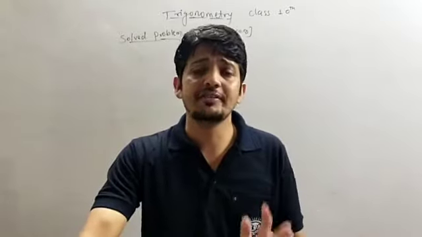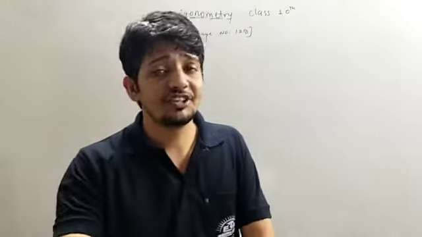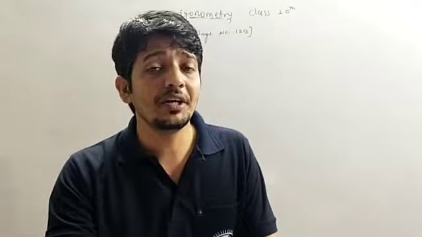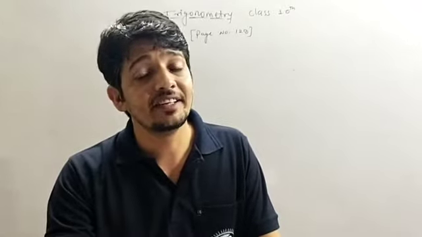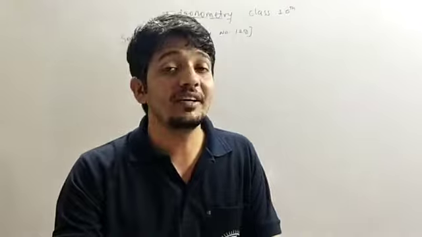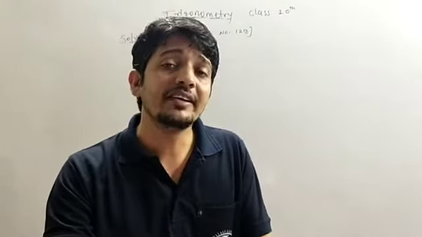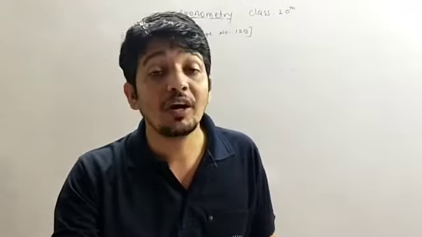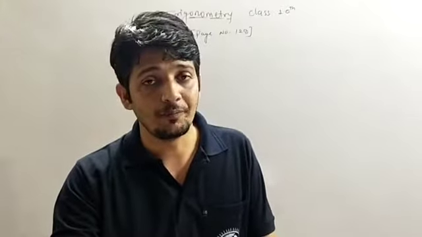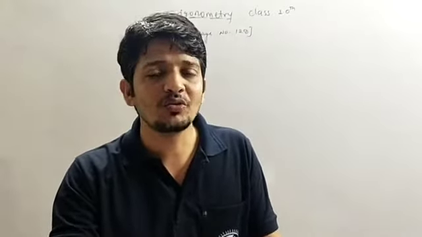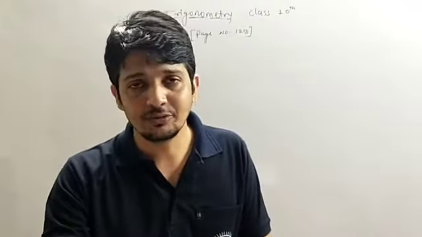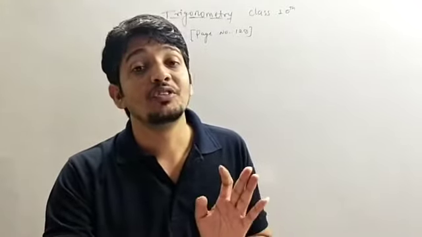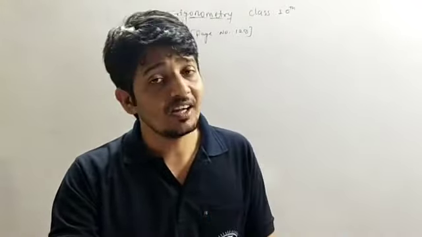In the previous video of your mathematics class 10th, we started a chapter called trigonometry, and we understood the ratios, identities and values of different ratios at different angles. On the basis of identities, we are going to solve a few problems given in your textbook page number 128. It is a solved problem, and it is very important because the first three questions in your exercise depend on this question only. So concentrate and understand clearly.